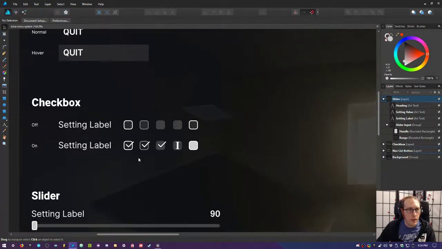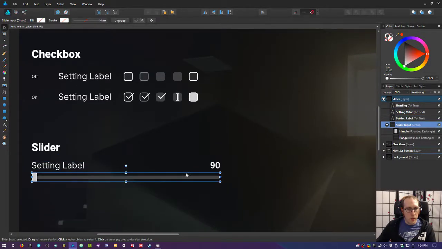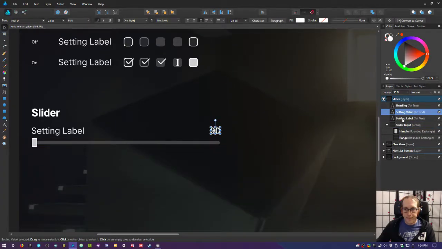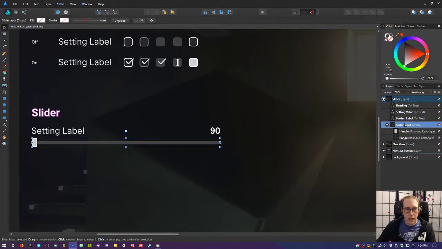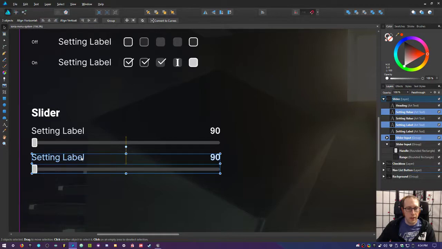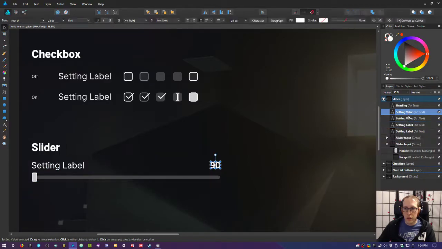Let's see. So I like this style a lot, but I'm also a little worried about how it'll look with multiples like this. Because actually, hold on, let me